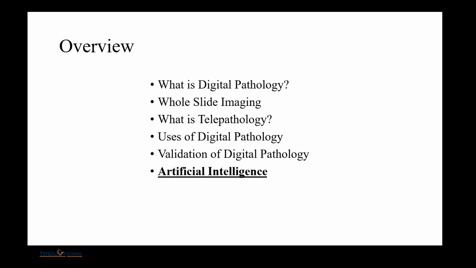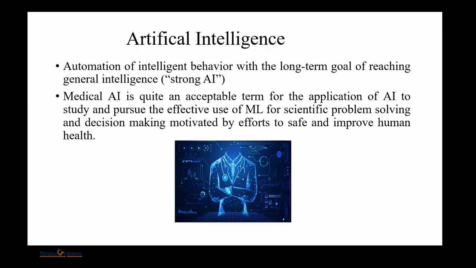Now, coming on to the third generation, that is artificial intelligence. Artificial intelligence means nothing but mimicking human intelligence. What we need is a long-term goal of reaching general intelligence, which is strong AI. Now, your Alexa, Siri, Cortana, these are all weak AI, where they solve only one problem at a time. If you ask them to play a song, they'll play you a song. So that is a weak kind of AI, and we need a strong AI, which is your machine learning and